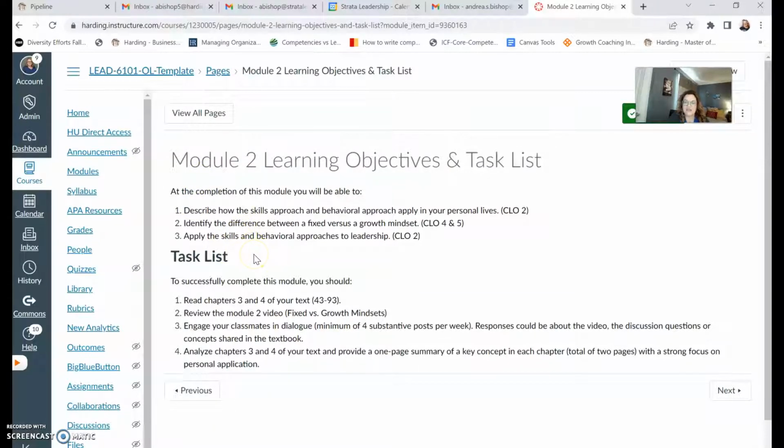You'll see that for his class, the rhythm is very much 2 chapters of text and a short video, no more than, like, the absolute longest it will be is probably 20 minutes. And then the main work of the week is engaging in that dialogue and responding to your classmates and writing that 1-page summary at the end of the week. So that is the way that Dr. Meller's class works, and I'll show you my class as well.